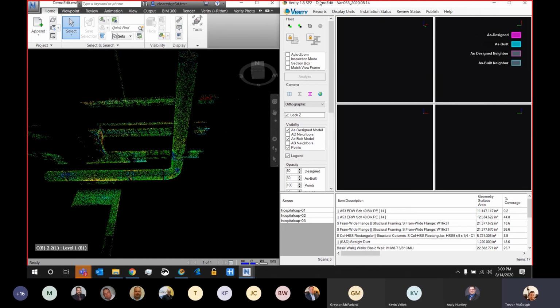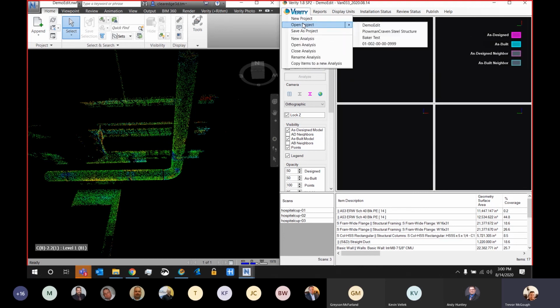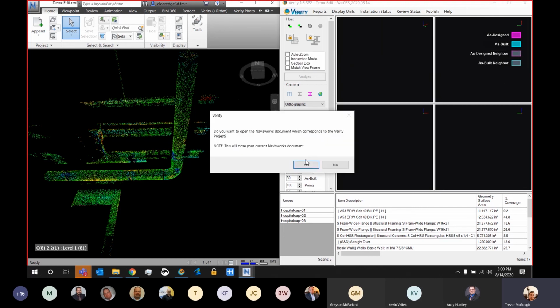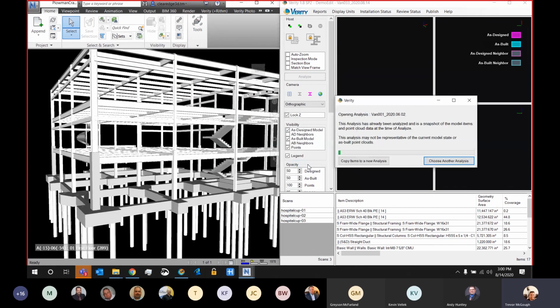So now I actually want to switch gears a little bit and show a little bit larger of a project and talk about a somewhat different workflow. And that's using this one right here. This is about 300 structural steel members. So with Verity,